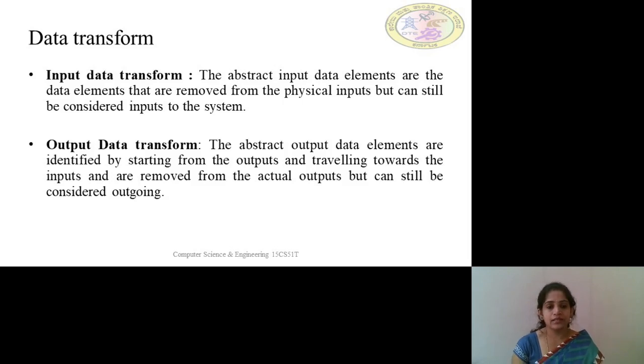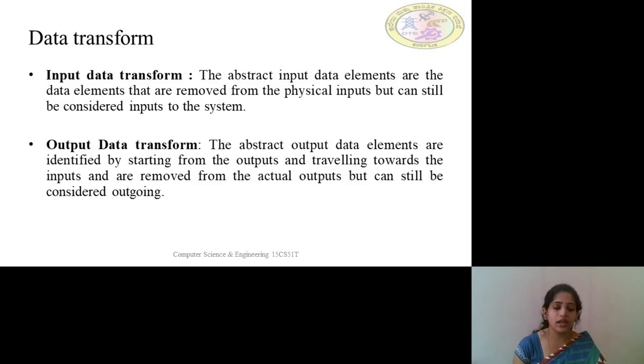We identify those elements by moving from all the outputs and traveling towards the inputs. That particular output can be removed from the outputs but still can be considered as outgoing. Since we use the word abstract, it has been removed from the outputs, but this point can still be considered outgoing.